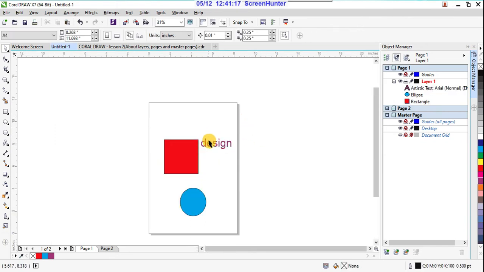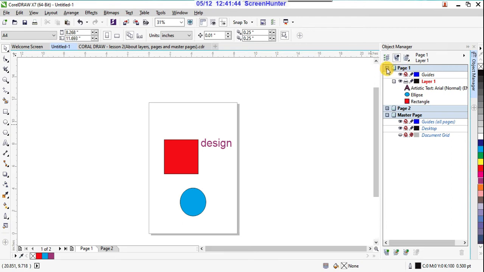Now see this, it is showing Artistic Text, and the text type, the category, Arial, right? So normal it is showing. So these three are in the same page, right? See, it is showing these three and Page 1.